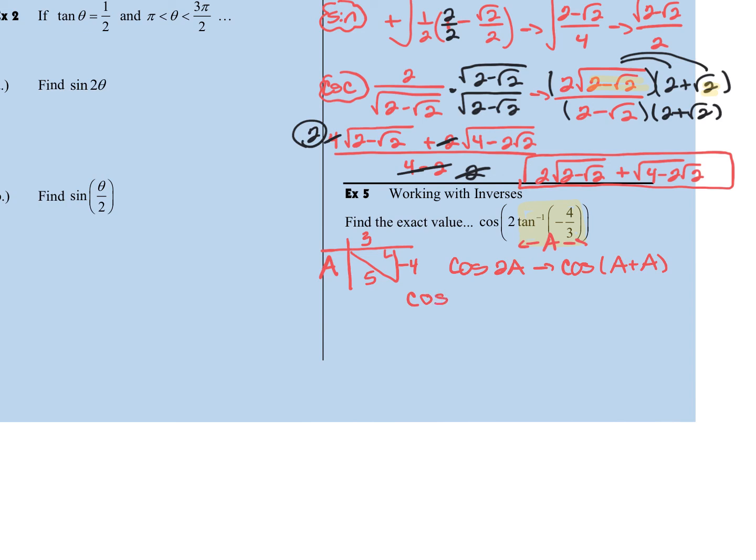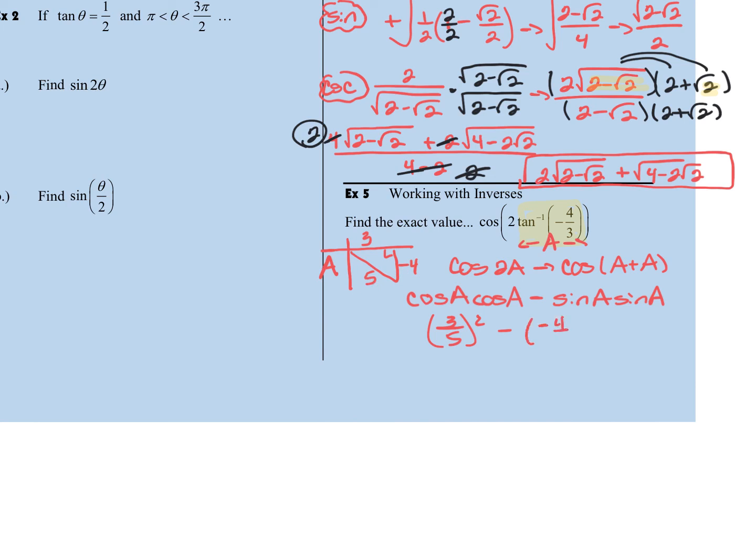So I'm going to have cosine A for my cosine. Since it's a plus, I'm going to make this a minus, and then my sine. So sine A. And then I'm back to just looking at the triangle again. So I'm going to have cosine times cosine, so I'm going to look at this triangle, adjacent over hypotenuse. So I'm going to have a 3/5, and I'm going to square it. And then my sine is going to be my opposite over my hypotenuse, and it's going to be squared,